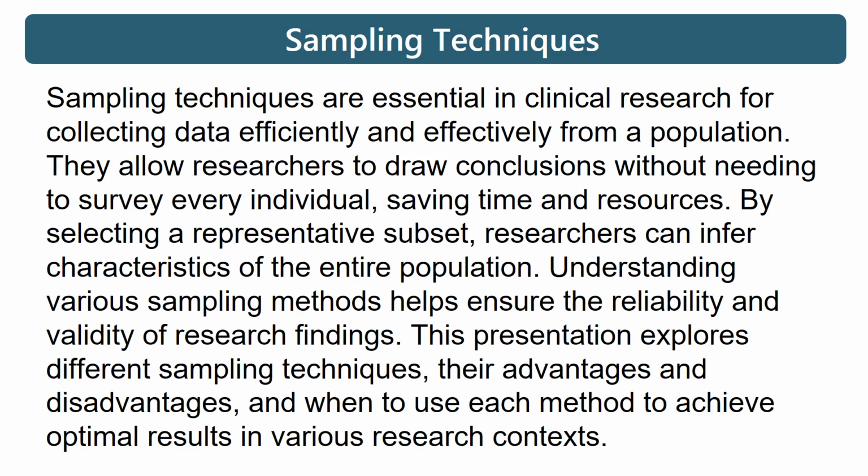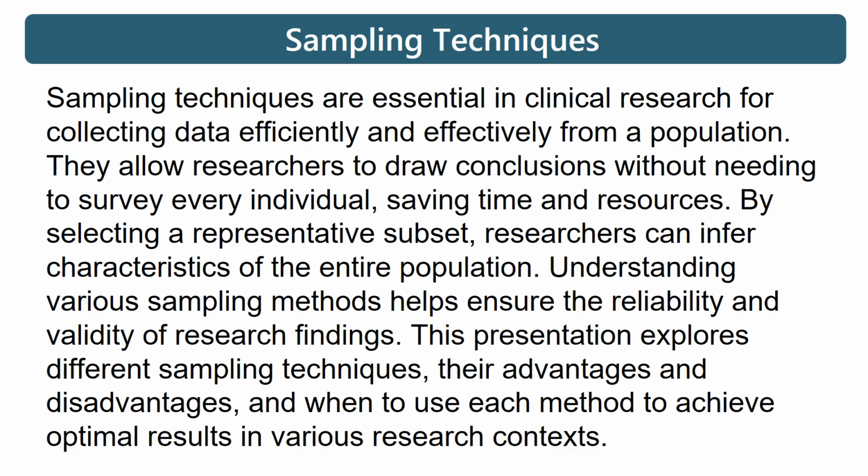Understanding various sampling methods helps ensure the reliability and validity of research findings. This presentation explores different sampling techniques, their advantages and disadvantages, and when to use each method to achieve optimal results